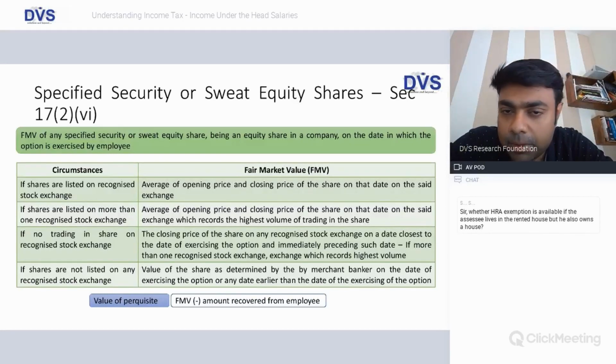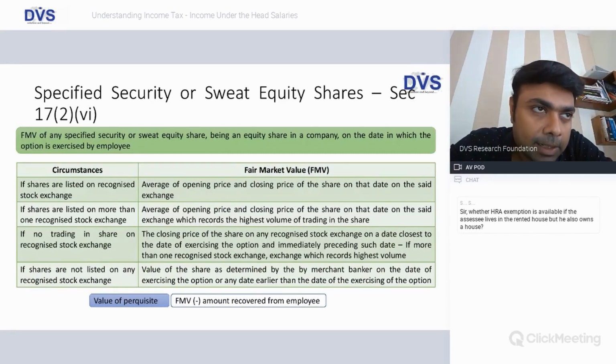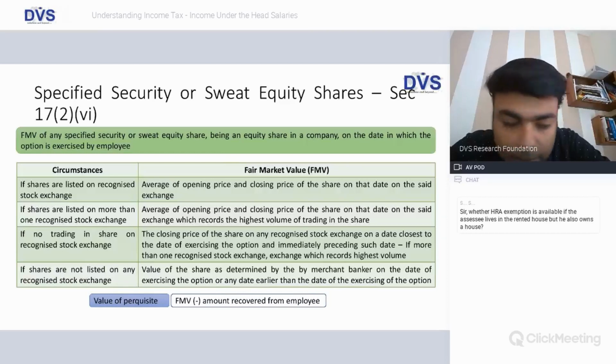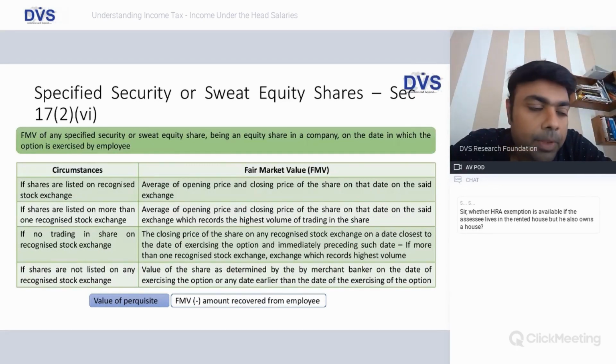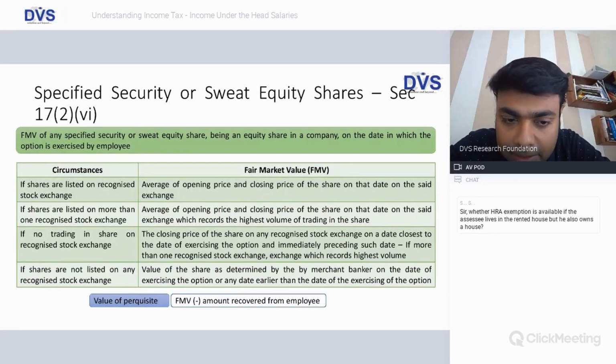Let's take the case of Infosys, a company which is very popular for its lavish ESOP scheme. So Infosys now works as a listed company, and an employee after 5 years is eligible to buy 1,000 shares of Infosys at say 100 rupees a share, whereas the market rate is 1,000 rupees. Now, the date on which he becomes eligible to buy these shares is what we call as a vesting date. So on the vesting date, he only gets a right, but he does not exercise it.